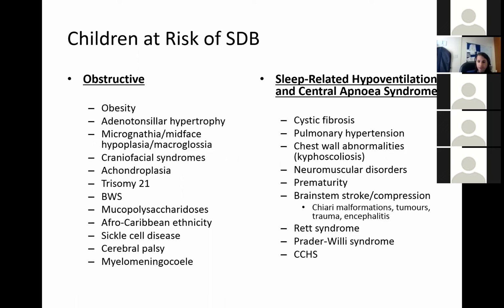So for example, our children with trisomy 21, usually in the first few years of life, we do a study at least once a year because they've got several risk factors for sleep disordered breathing, so hypotonia, big tonsils. They also have other typical sleep disorders, very disturbed sleep at night time. On the video, you quite classically see them moving around a lot and sleeping in typical positions. So it's very important to screen these children for sleep disorders.